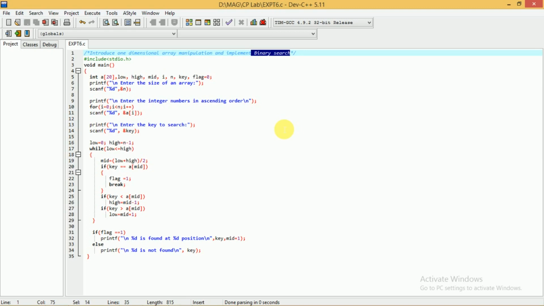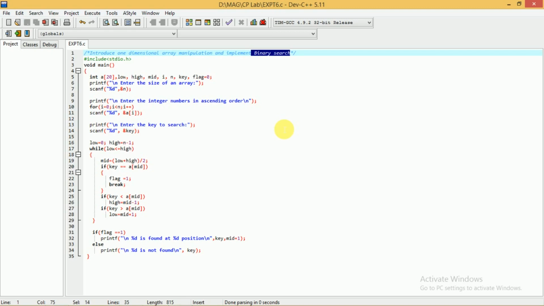As the elements are sorted in ascending order, all the elements to the left of that middle element will be less than it, and all the elements to the right of that middle element will be greater than it. Based on this principle only, the binary search algorithm works.